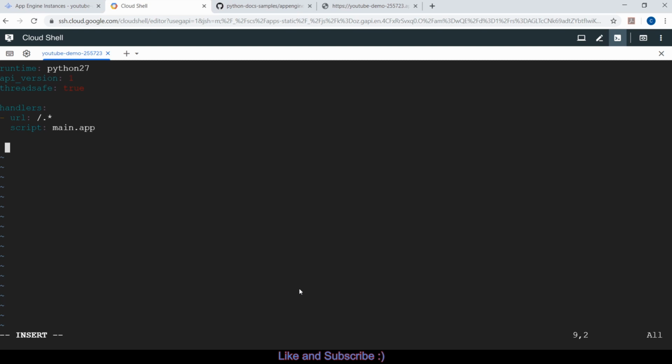We would go here and write automatic_scaling, and let's say I want to set a target CPU, target_cpu_utilization, 0.65. So when I do this and I deploy my application,